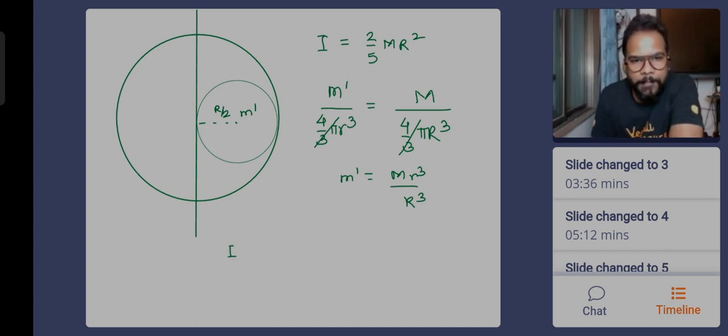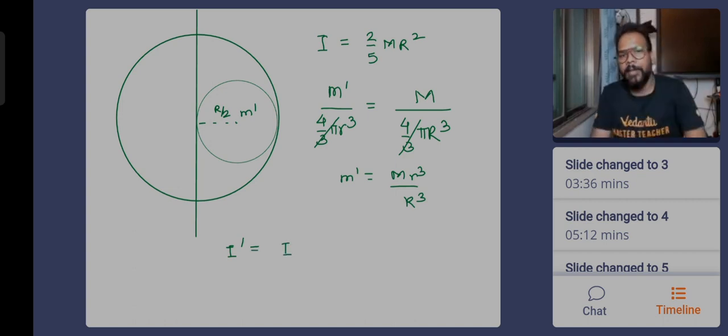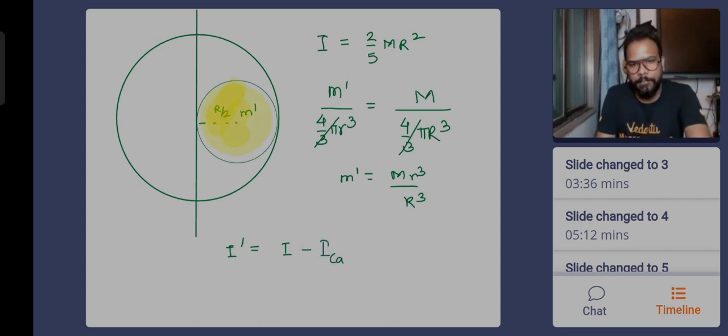अब मुझे क्या करना है, जो मोमेंट ऑफ इनर्शिया होता है बचे हुए पार्ट का आई डैश, उसमें मुझे करना क्या होगा, एक्चुअल मोमेंट ऑफ इनर्शिया की वैल्यू निकालूंगा, और उसमें से इतने पोर्शन का मोमेंट ऑफ इनर्शिया सबट्रैक्ट करूंगा। क्यों करूंगा, क्योंकि उतना मास निकाल दिया मैंने, ये जो कैविटी बना दी ना, इस कैविटी का मोमेंट ऑफ इनर्शिया निकालना पड़ेगा। और कैविटी का मोमेंट ऑफ इनर्शिया कैसे निकालूं, पैरेलल एक्सिस थ्योरम से। तो पहले लिखना पड़ेगा 2/5 m r स्क्वायर,